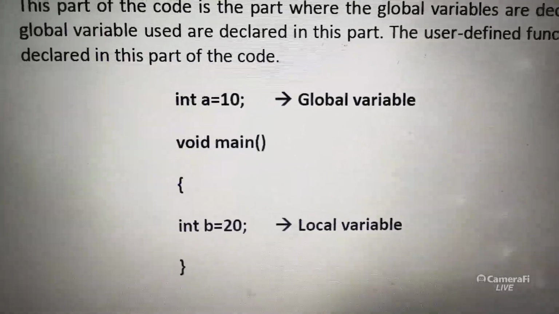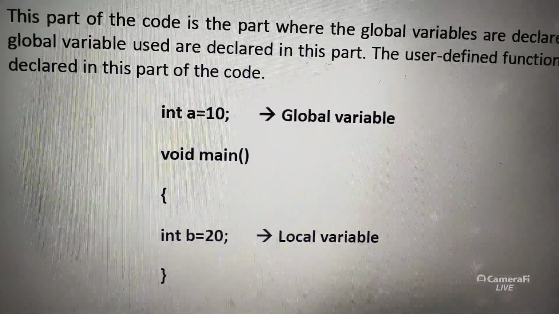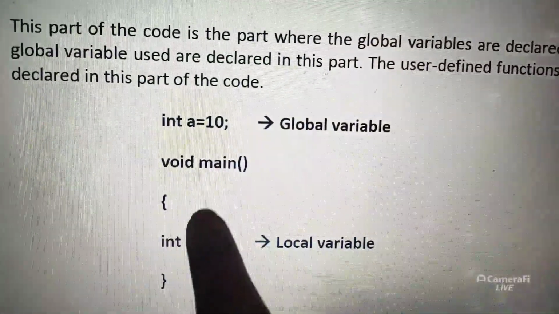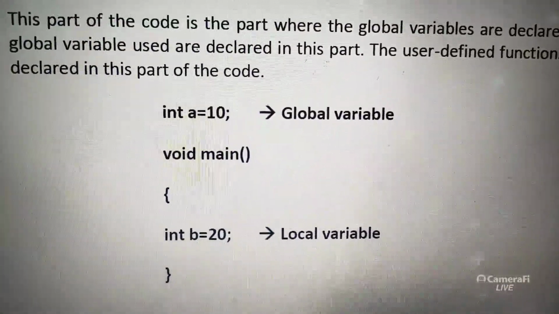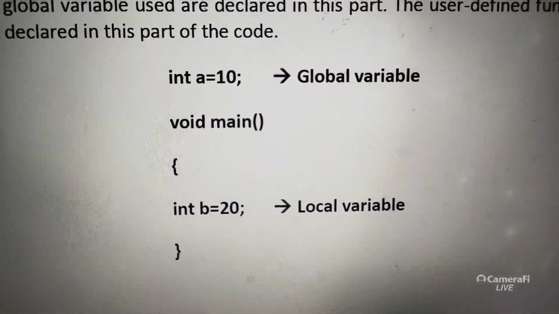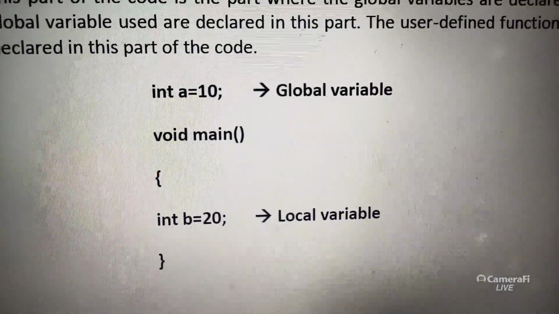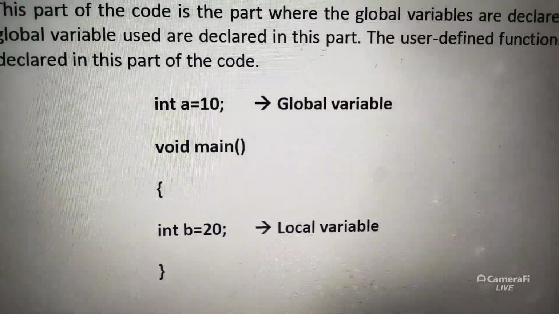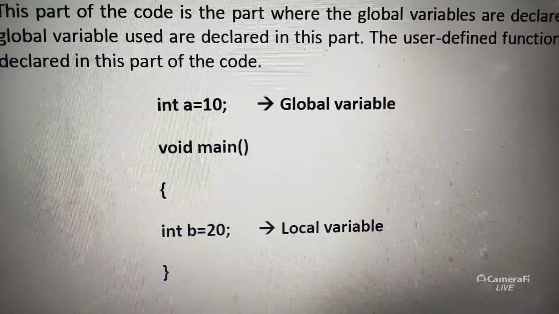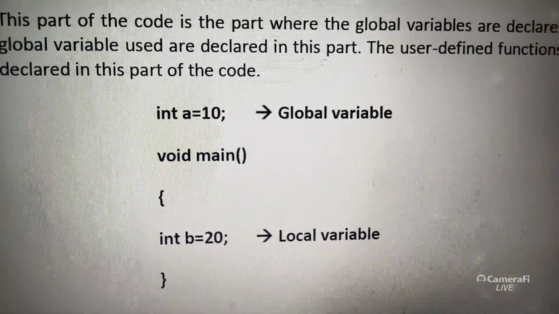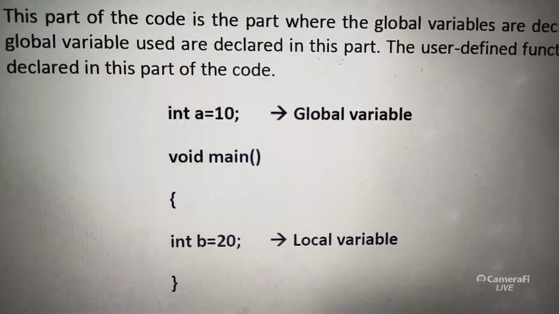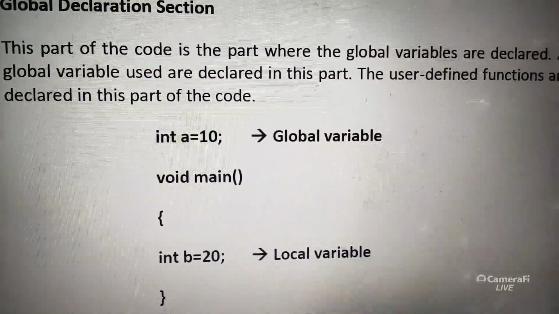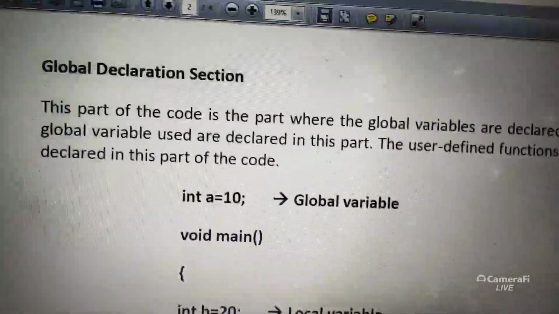At present, you just understand global means public, anybody can use. Local means private. Like a public telephone, anybody can use. This A can be used by main and any other function called a user function. Okay. But B is local. B cannot be used outside main. Mobile, for example, or your home phone. The phone at your home will be local. Everybody cannot use your phone. But at a public telephone booth, everybody can use the telephone. So that you understand, public means global, private means local. Okay, more we'll discuss in the functions topic.